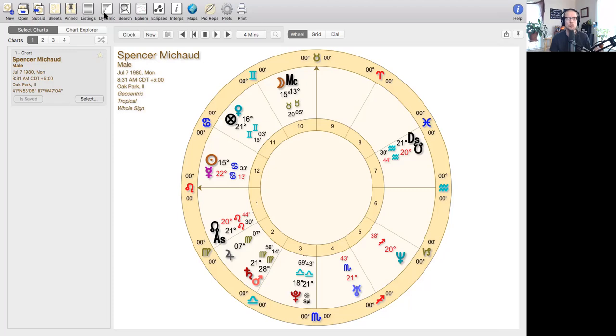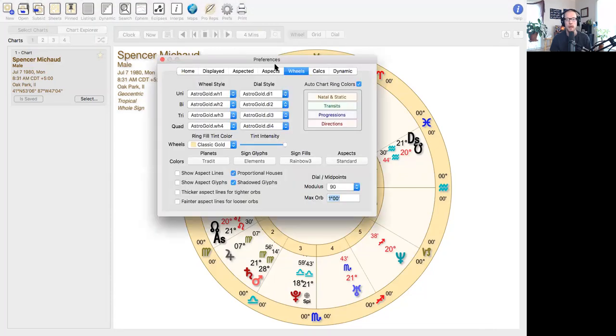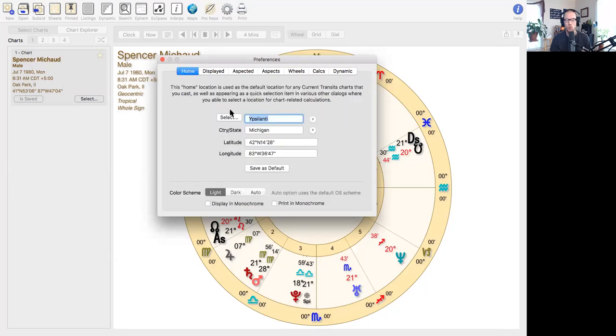Now, the first thing I wanted to take you through is, where do we find the new wheels in AstroGold? Sometimes this is a little confusing. If you go to the top of your display, you have this little gear icon, which is called the app's preferences and settings. You click on that, and you'll have a little window that comes up, and it'll show you where your home